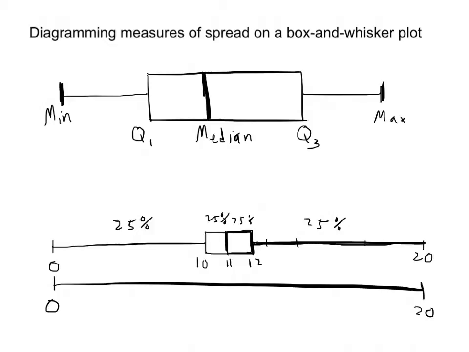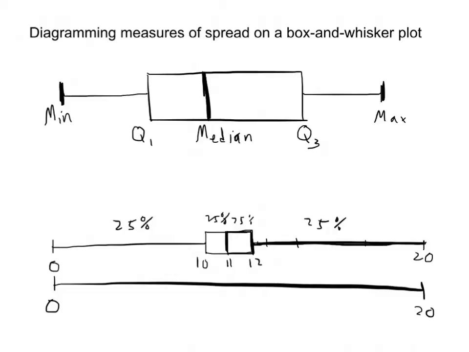I don't know that the IB exam is going to ask a whole lot conceptually about these things. A lot of times what they're going to look for is, can you label the diagram? Can you tell them what the minimum, maximum, first and third quartiles are, and what the median of the data is? So with that said, with a quick diagram about how to draw these things, we'll now move on to